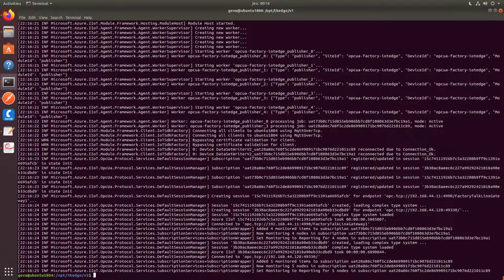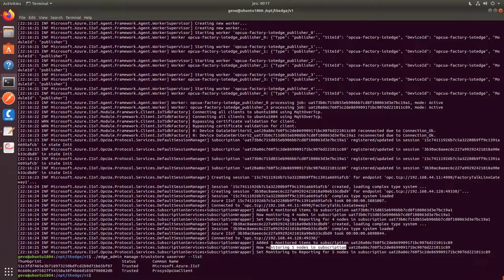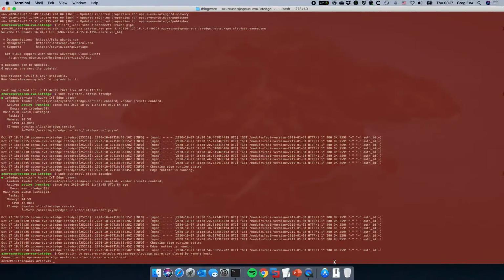Okay. So I think we're good. I think we got those 4 from the FactoryTalk Linx Gateway, and then the 5 from the Kepware Edge. It's not entirely clear to me why we had to restart this. Let's just have a look at our certificates. Our certificates are okay, everything's trusted, and if we go back to